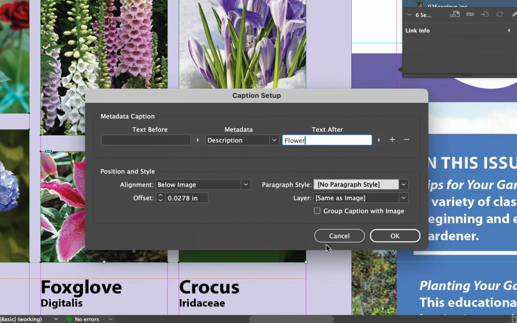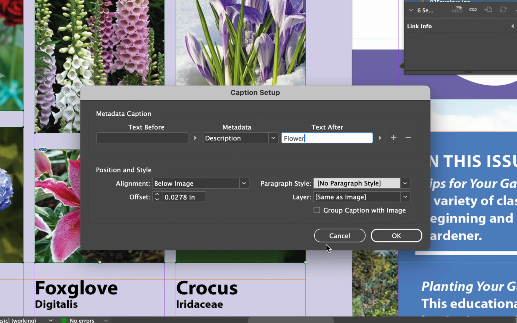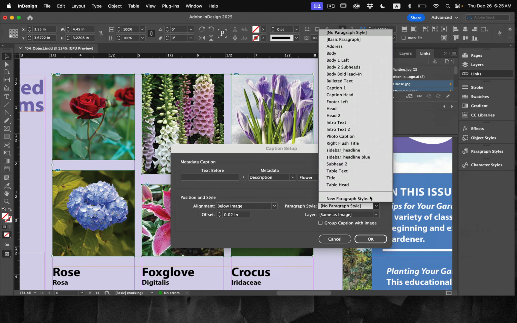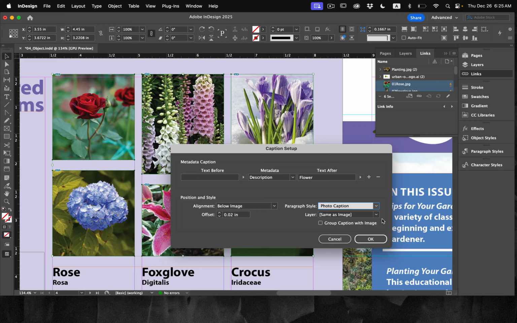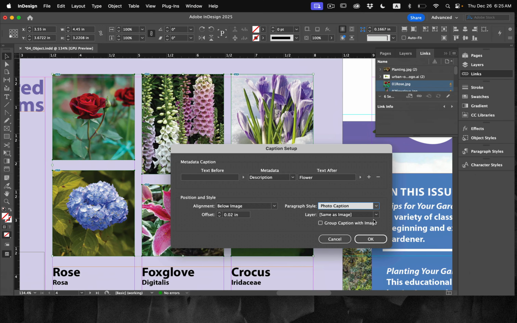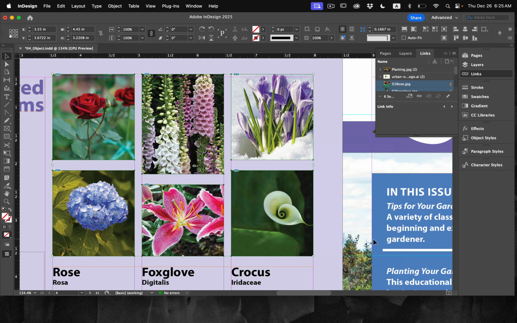Under the very bottom, we're going to set the text alignment to be before the image, but we'll set the offset to be 0.02. The paragraph style is going to be the photo caption, which is already set up for us. There it is there. And it's going to be on the same layer as the image. Finally, when we say OK,